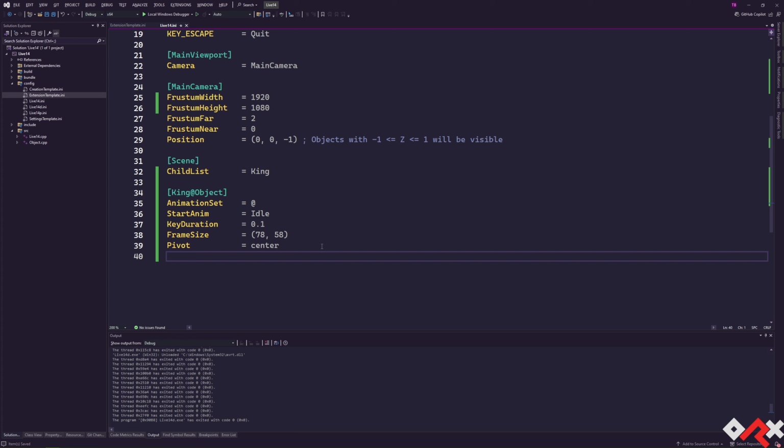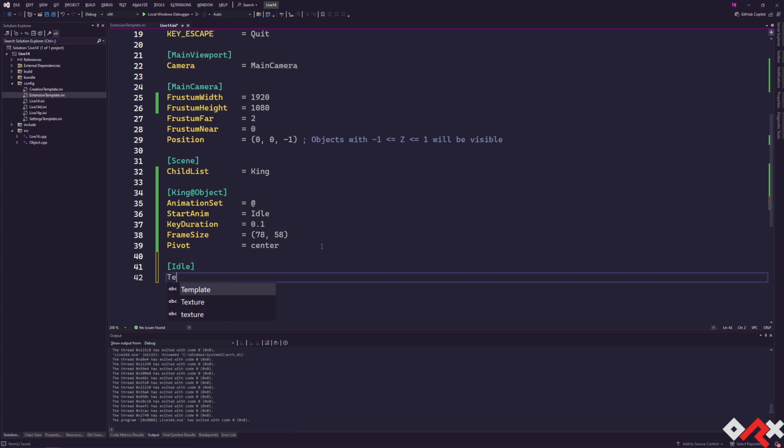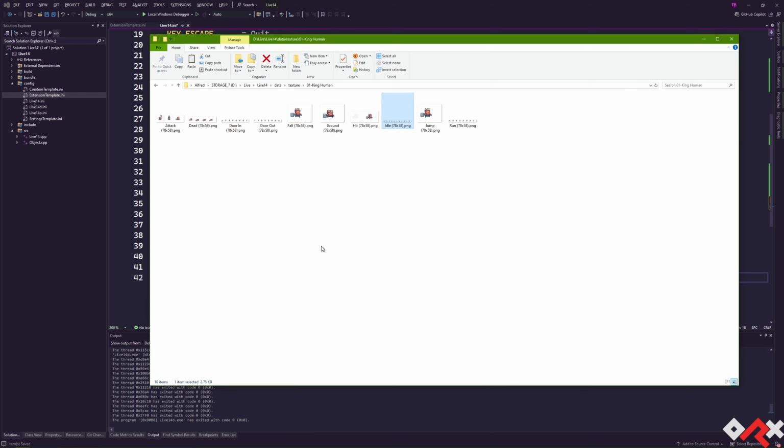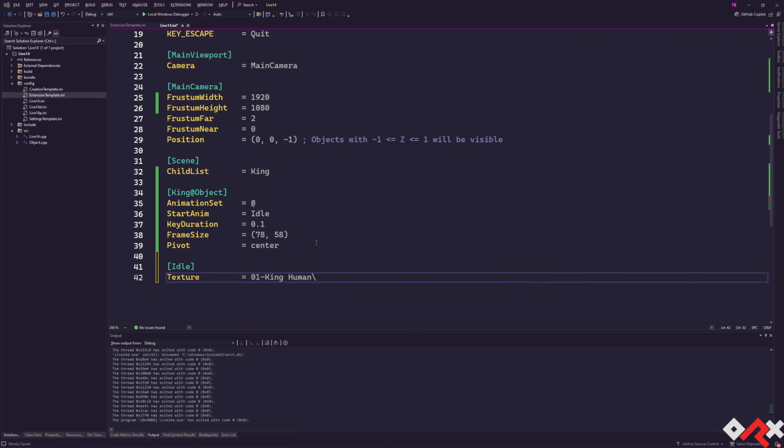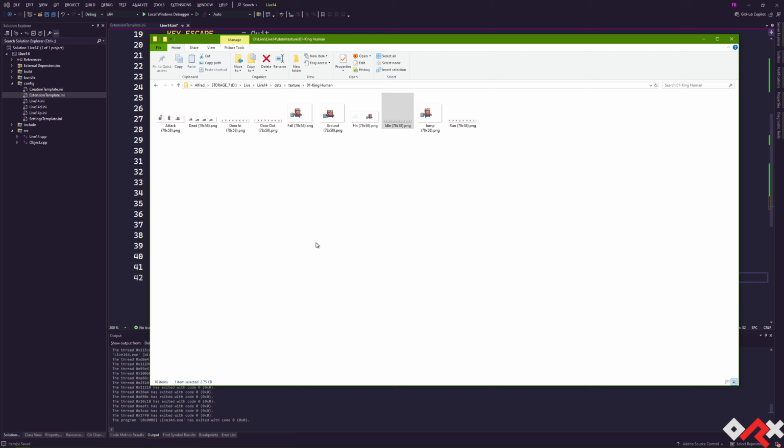Do I miss anything besides having the animation now? I don't think so. You know what? Let's test it. So idle is going to use that texture we saw earlier, and we're just going to copy paste the name. Oh, and we're also going to go inside the right folder, and the name of the texture is this guy here,